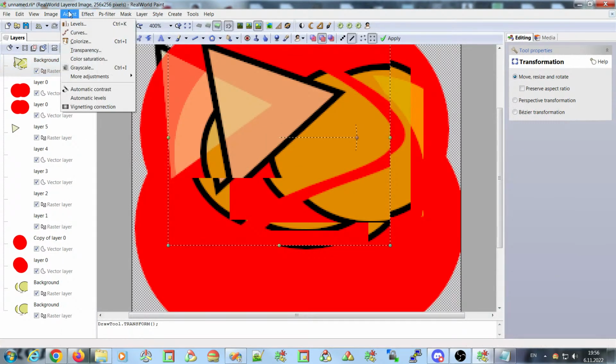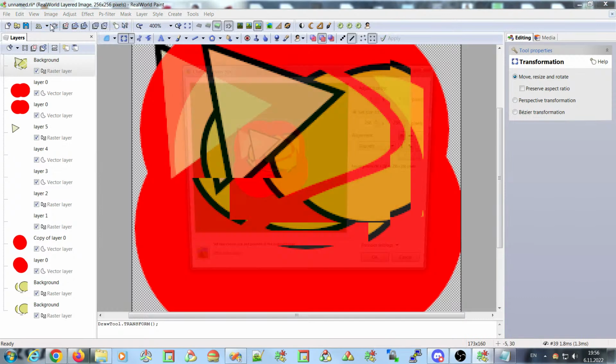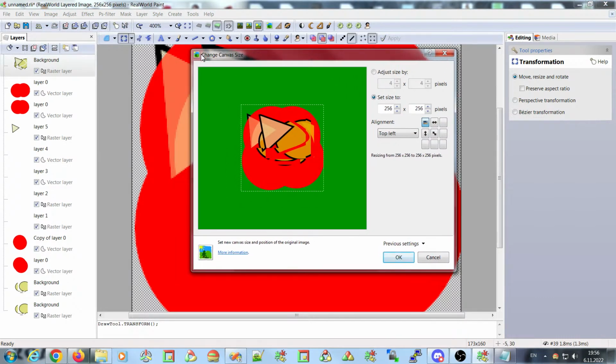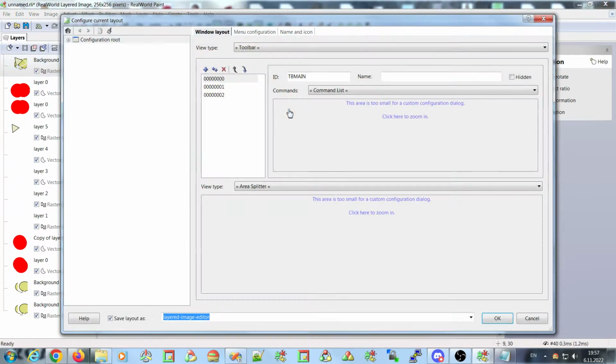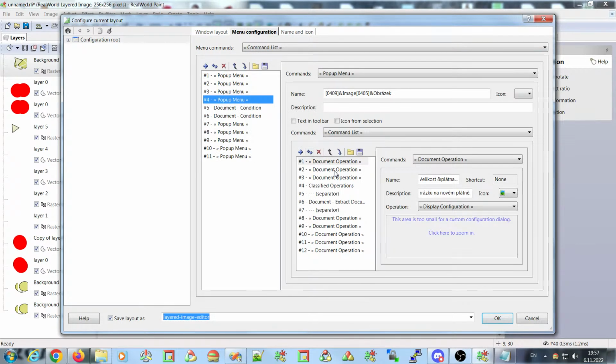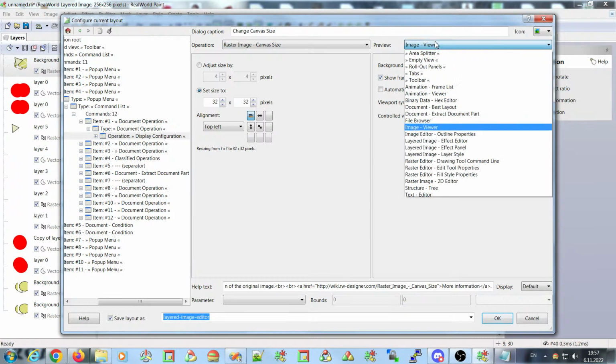And when you click on the canvas size, you can see that a dialog window is displayed. It has this caption, this icon. Here is the configuration of the canvas size operation, and here is the image viewer as you have configured it. If I want to change this, and for example, if I wouldn't want the preview window, I can